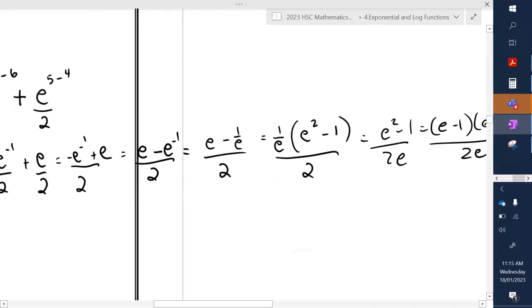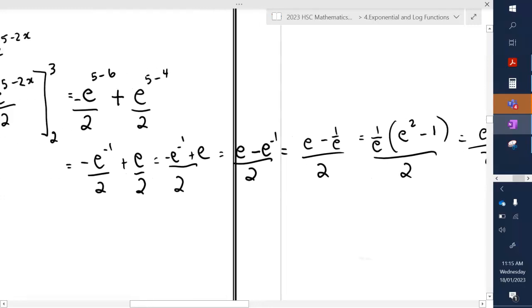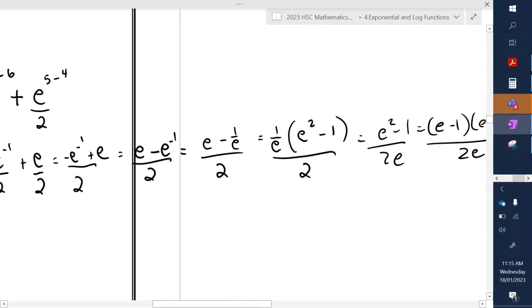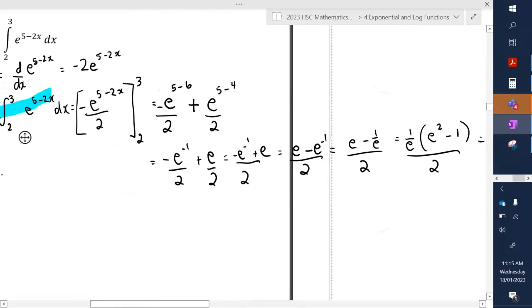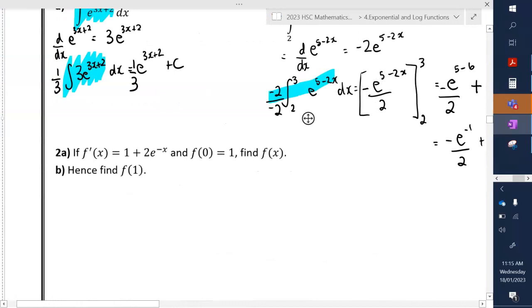Doesn't really help us. So again, I'd probably leave it like this, but you may have found that over here, what you wanted to do was to bring the e down the bottom and pop it over 2e, and then you would have got it back over to this form over here. So I'm pretty happy if you leave it like this for now, but that's our solution. Just a lot of algebra. So what you might notice is the algebras